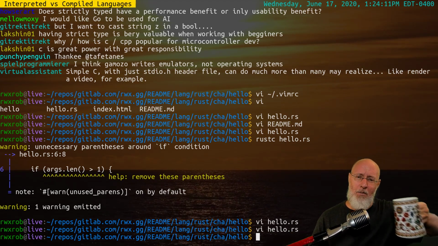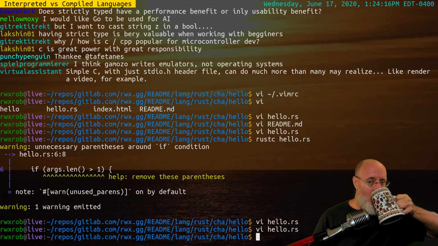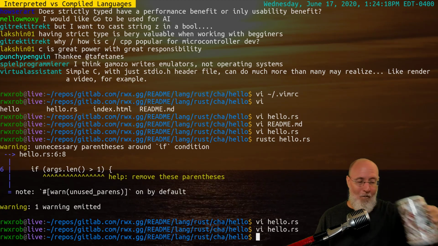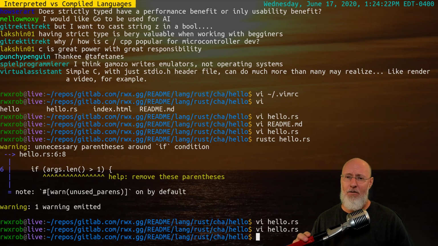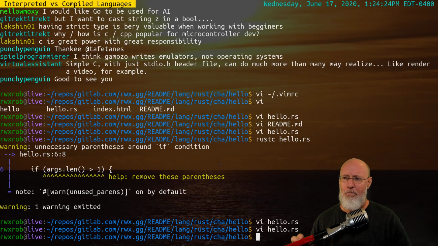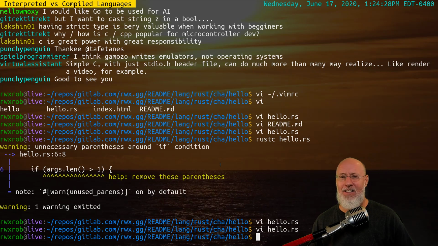I don't know. I saw him writing an OS once. Wait, we can look at that later. No, he wrote it. He wrote a Rust OS, and he was running it in a virtual machine on a hypervisor. Yeah. Anyway,